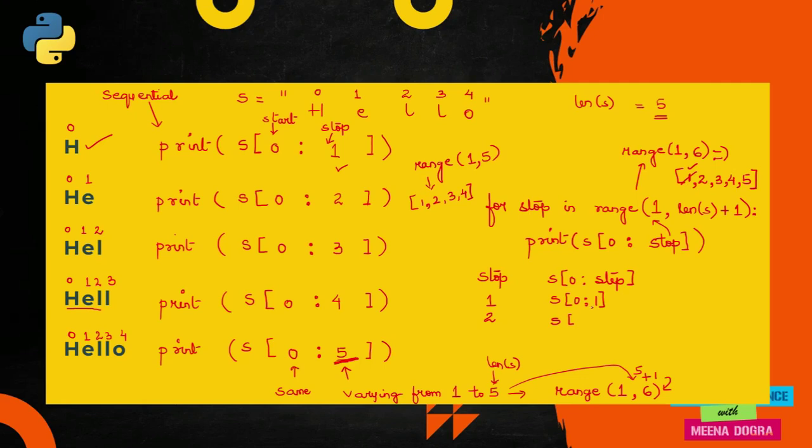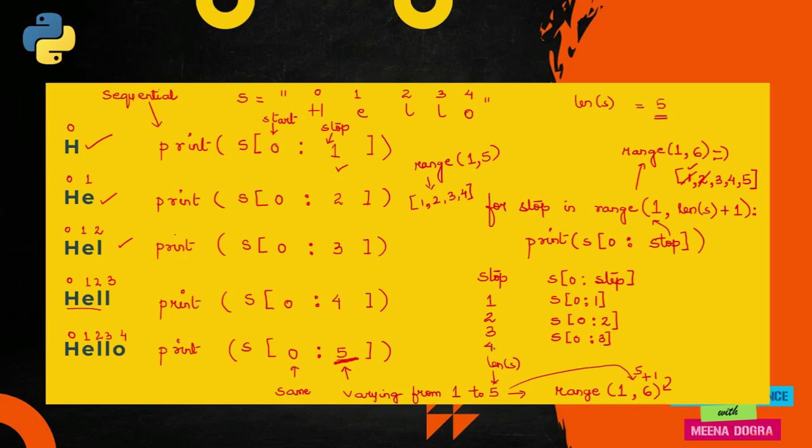Loop body में जो आपने लिखा है वो क्या होगा? 0 colon value of stop is 2, 0 colon 2. So what is 0 colon 2 going to give you? Characters at 0 and 1 index. Fine. Then 2 has been extracted, 2 has been used. Stop will now get 3. This is going to become 0 colon 3, the loop body. Fine. 0 colon 3, and you will get characters at 0, 1 and